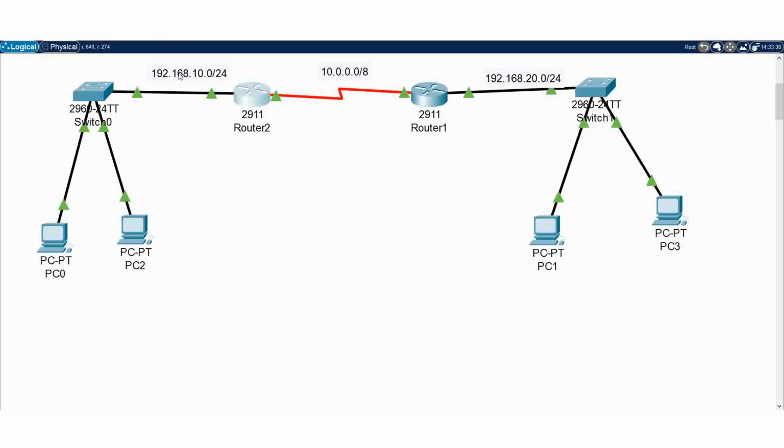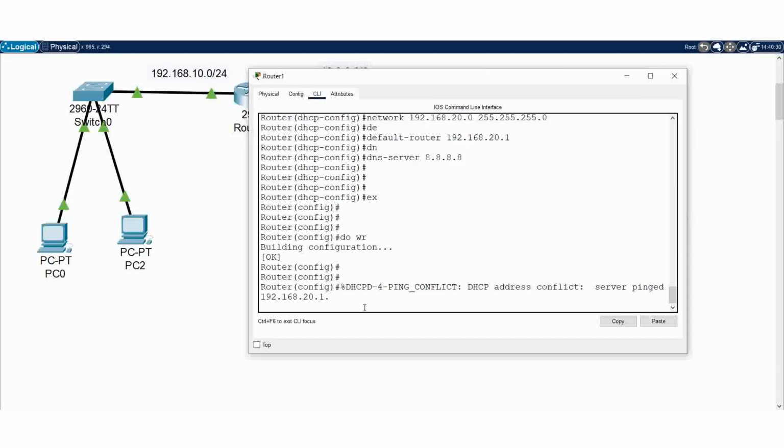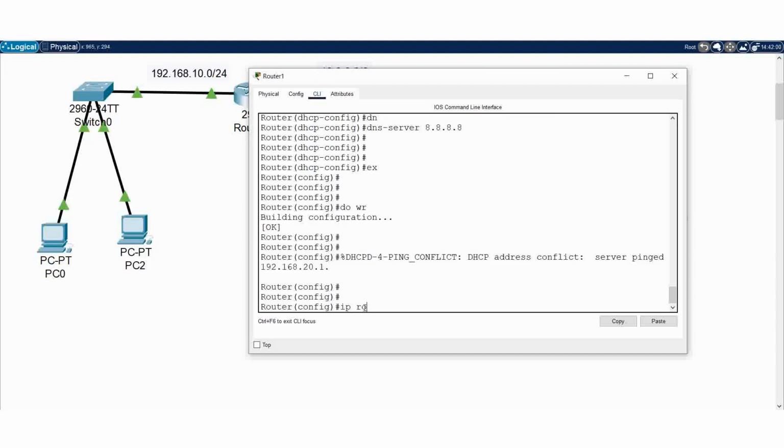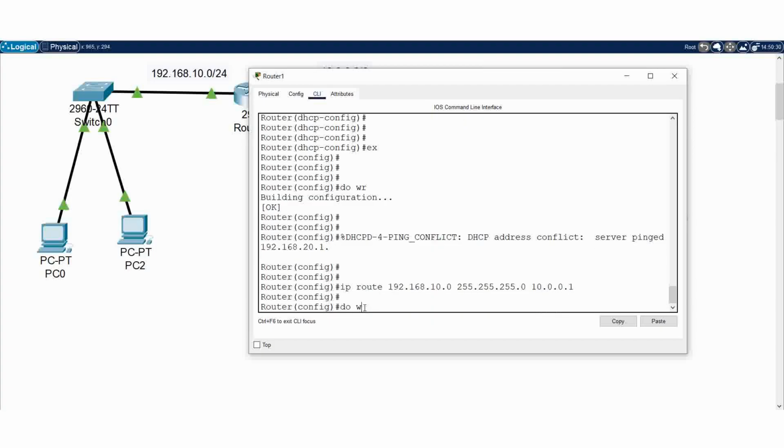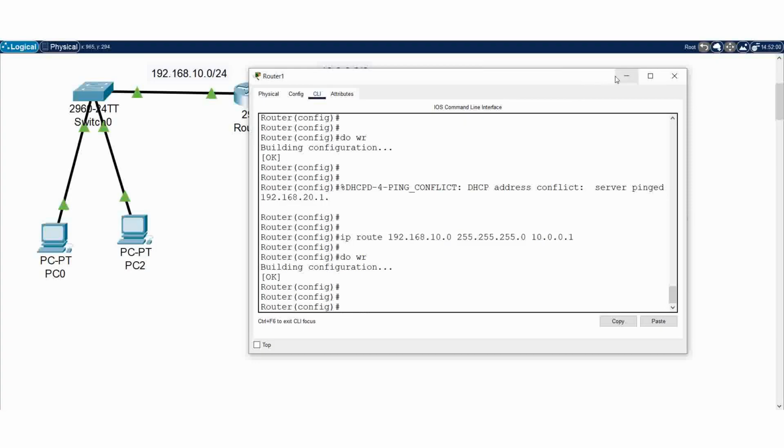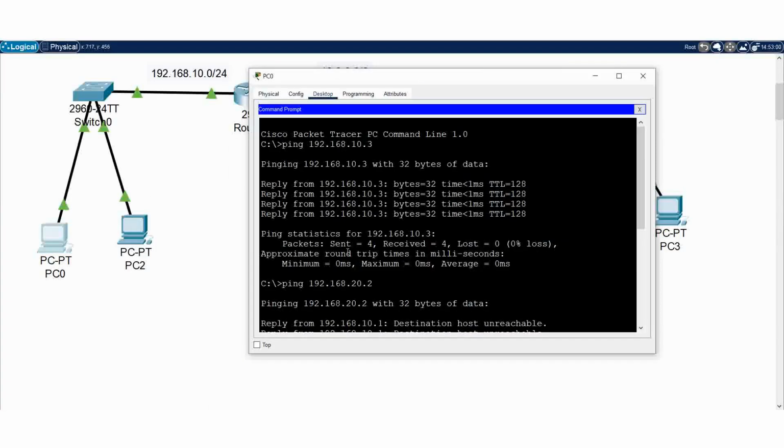ኦኬ what about on the other side ይሄኛው ላይ ደግሞ ይሄኛውን network mention እናደርጋለን። ይሄኛው ለምሳሌ ከዚህ ሆነ በዚህ ping ብናደርግ so this will be our destination and this end will be our next hop ID, network ID ማለት ነው። So እዚህ ጋር ሆነን the same thing just like the other router IP route so 192.168.10.0 255.255.255.0 then next ምንድነው 10.0.0.1 ነው ማለት ነው።